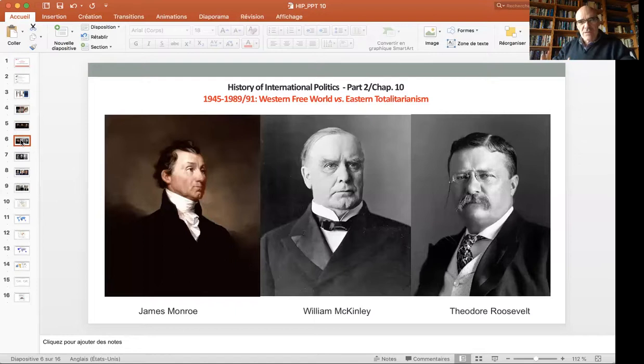Intervention is legitimate when a civilized nation intervenes in order to permit civilization to survive, when civilization is threatened because of the wrongdoing of less civilized nations. And last but not least, the US also practiced the same gunboat diplomacy. We saw this last week when it joined the European powers, forcing China and Japan to open their doors to American merchants and to American missionaries.